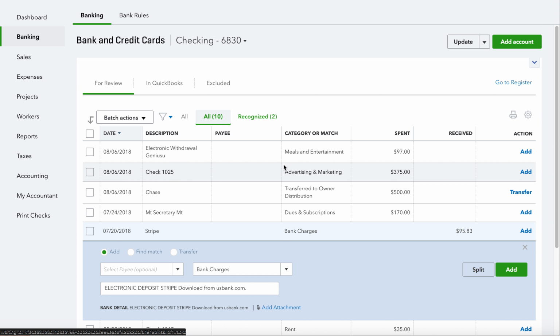Hey guys, we're going to go through this tutorial on how to receive a net deposit from an external merchant service account such as Stripe or PayPal or Square, or any transaction that deposits a net amount, not the fully billed amount or the invoiced amount. So as you can see, we're dealing with the $95.83 as our example today. The item sold was a $99 item. So let's jump in and I'll show you how we can do this.